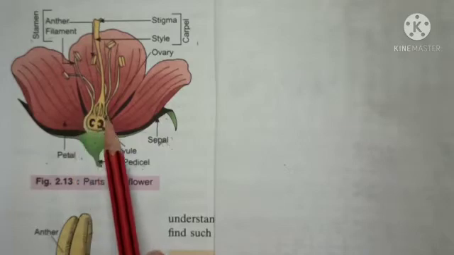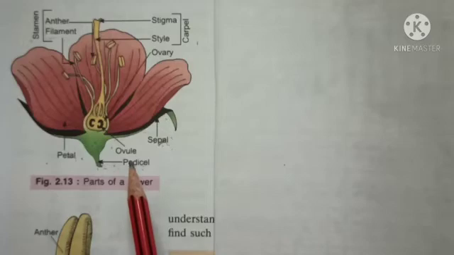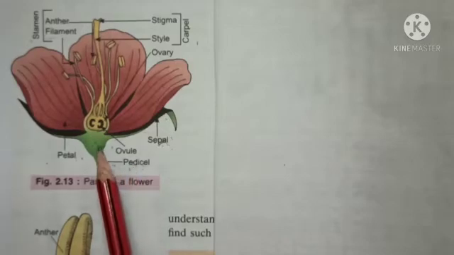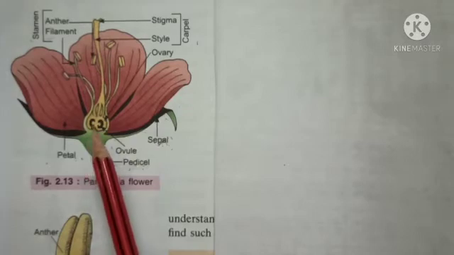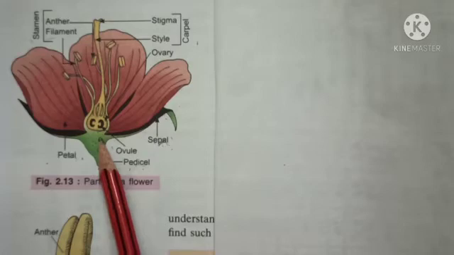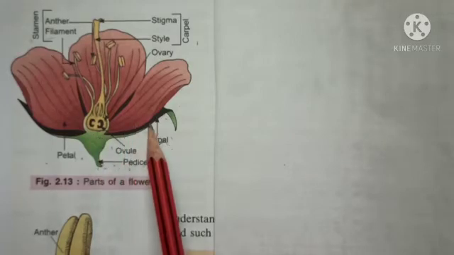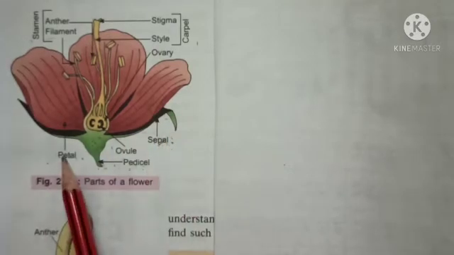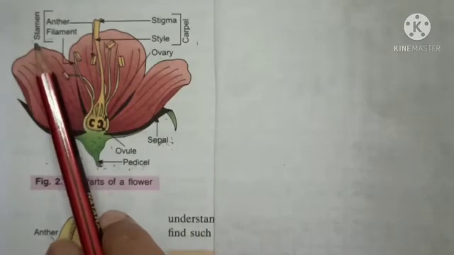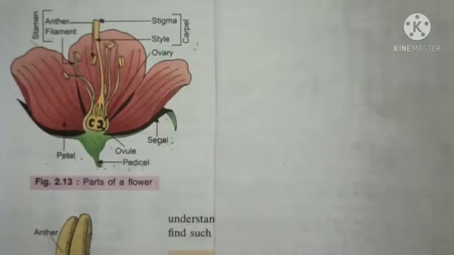So let's discuss the structure of flower. A flower has a stalk, and that stalk is called what? Pedicel. The swollen part of that stalk or pedicel is called thalamus, right? And then on the thalamus, the four whorls of flower are born. The flower has four whorls. First is your sepal, second petal, third what? Stamen, and fourth is called what? Fourth whorl is your carpel.